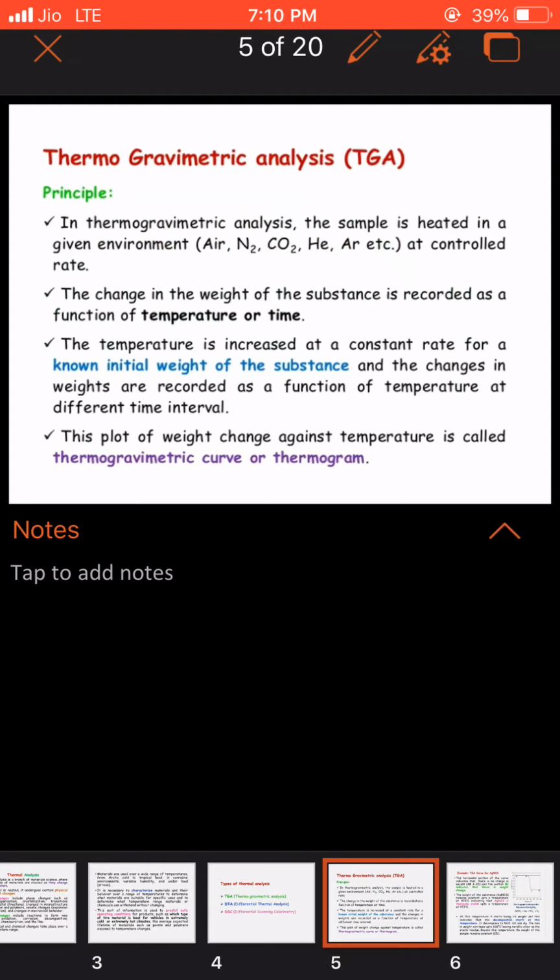So what we are doing essentially is we are supplying heat to the material so that the temperature of the material will increase systematically. So the temperature will increase at a constant rate, and we will study the change in the weight of the material over temperature or over time. How can we study the change in weight? Because the material that we are taking in a holder will be kept on a weighing machine. So the instrument is built in such a way that the material is kept on a weighing machine and heat is supplied to the material. That is the beauty of TGA.